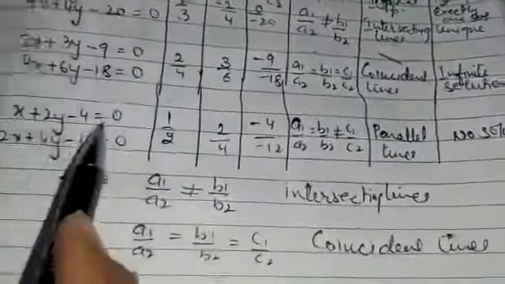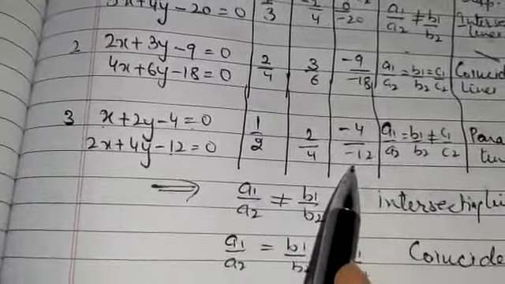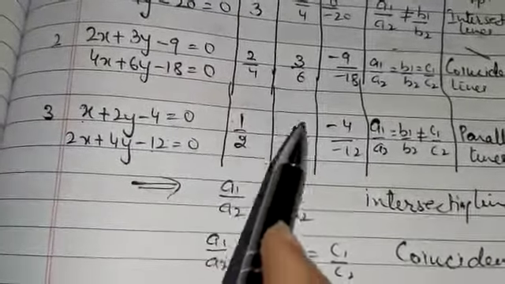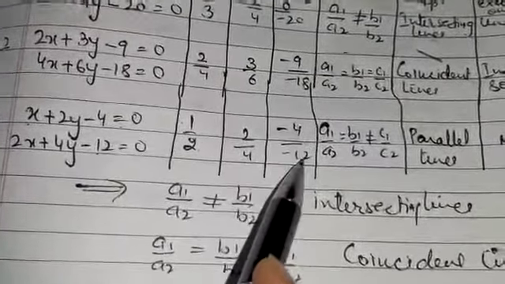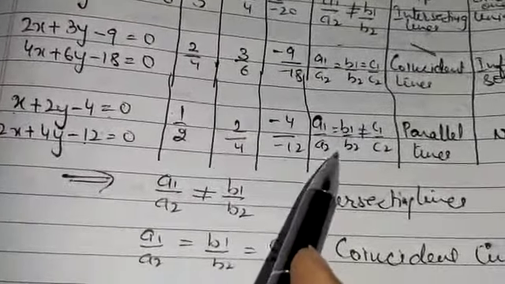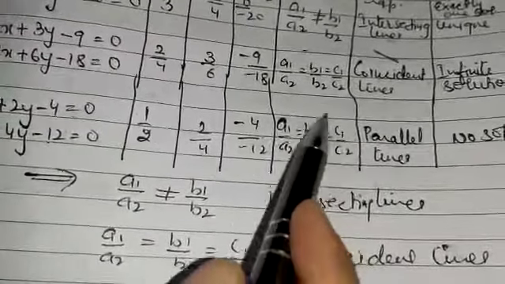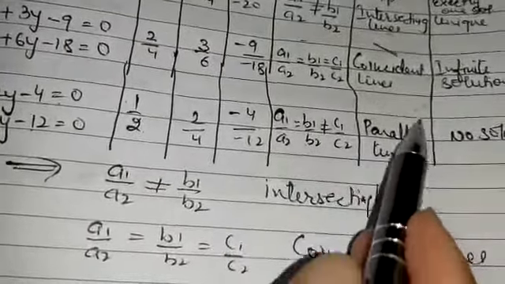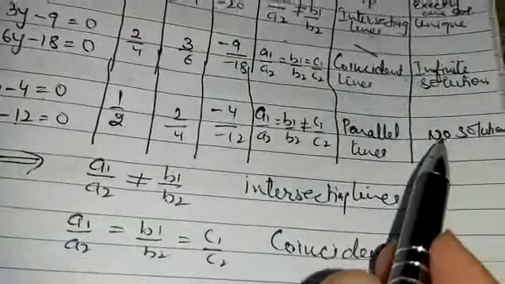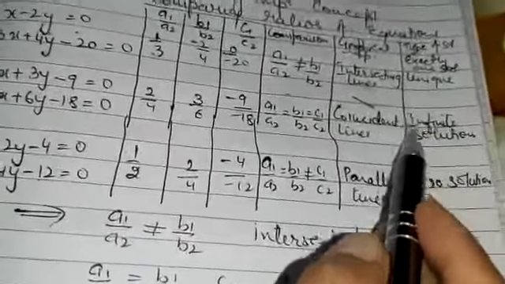Now come to the third set of equations. This I have taken, again a1 by a2, b1 by b2, c1 by c2 I have done. But again you see 1 by 2, it's okay. Cancelling, you can get 1 by 2. This on cancelling, minus will also be cancelled, 1 by 3. So it means a1 by a2 is equal to b1 by b2 but not equal to c1 by c2. Here, when you get such type of ratios or such type of constant terms, you will get parallel lines. Got it? And parallel lines have no solution. Coincident lines have infinite solutions. Now this I'll discuss later on.